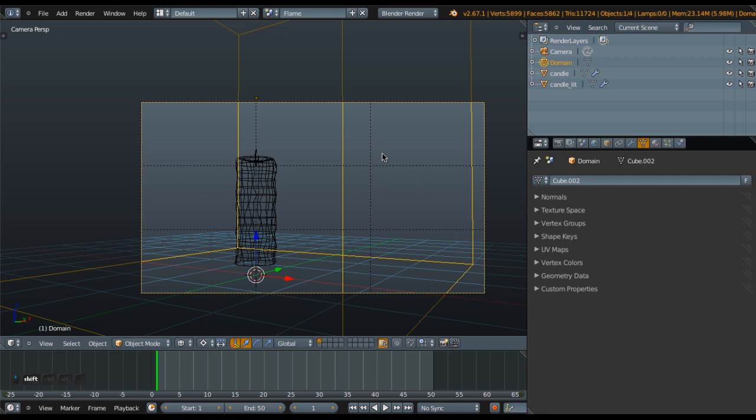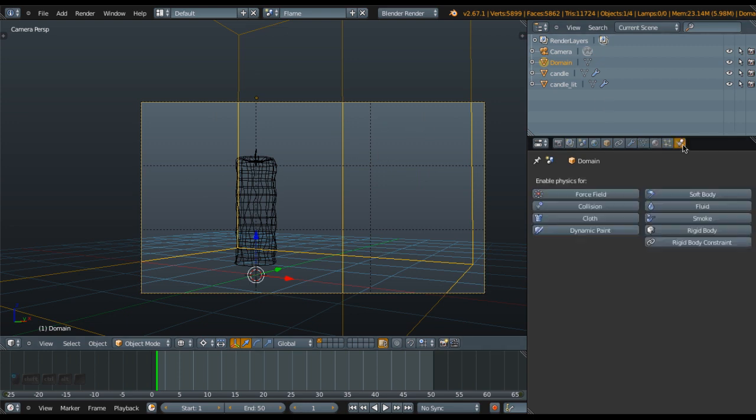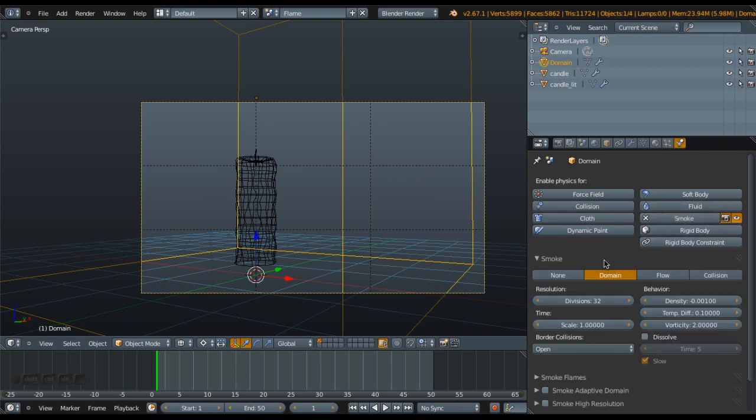It will also contain some voxel data to account for fire. So now select the domain, and then go to the physics tab, enable smoke, and go to the domain. Okay, in the resolution I'm going to raise it up to 1.8, and nothing to change in density or temperature difference, and just vorticity. This needs to be very low, something like so. Okay, 0.001,